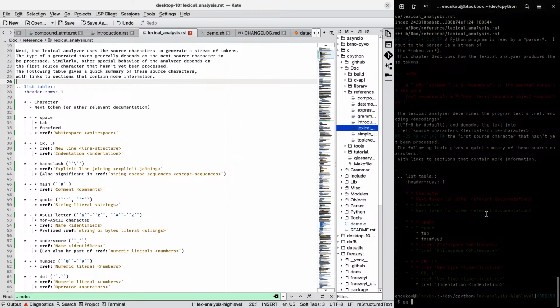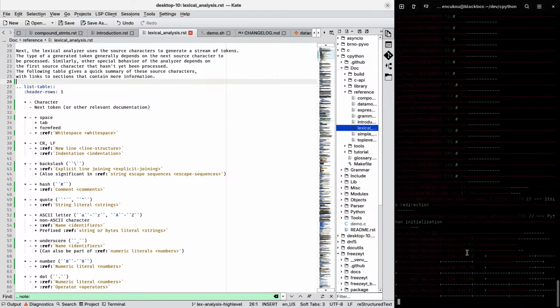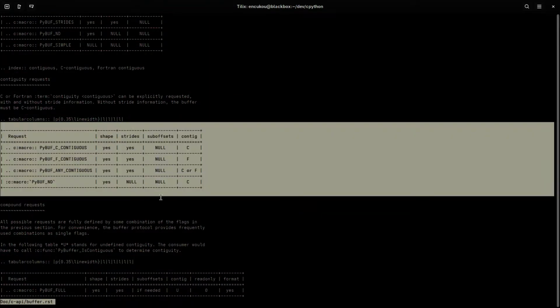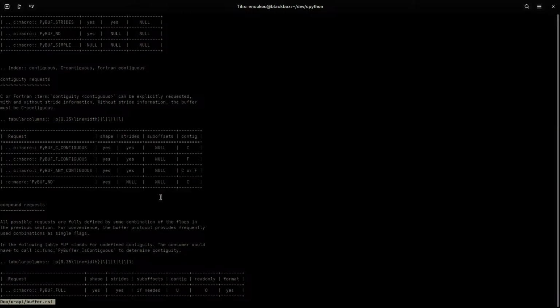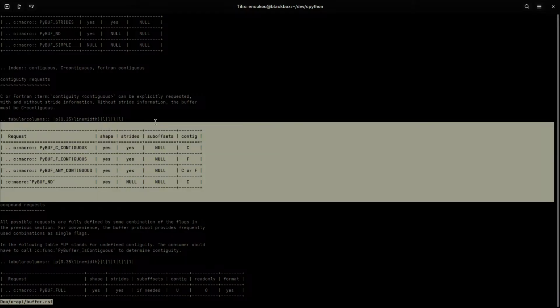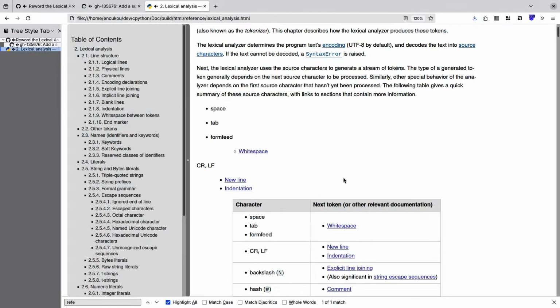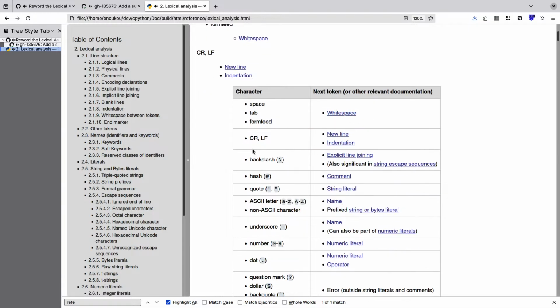I don't know if we have somewhere in the documentation... Oh, well, we do have tables. Traditional reStructuredText tables in the documentation would look like this. Is that like a one-to-one table? Oh, that's a table. Okay. So you said list tables were end-to-end. No, this particular one is end-to-end. That's why it has lists in every cell.